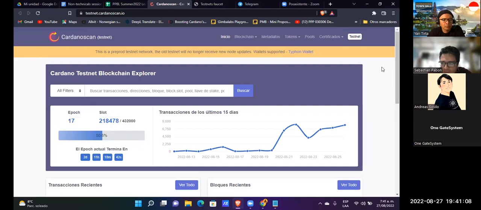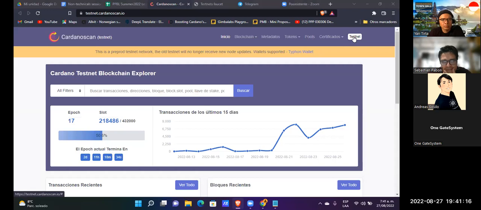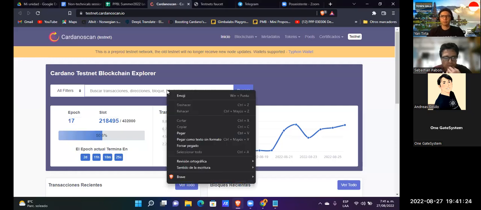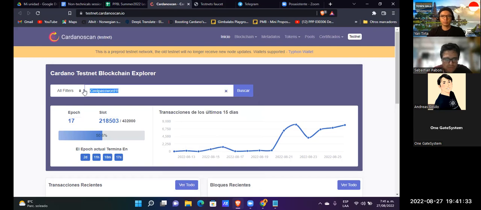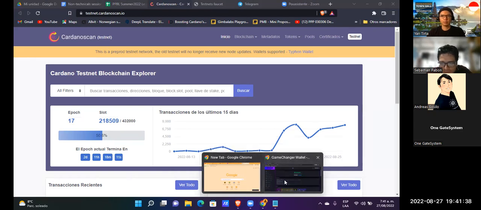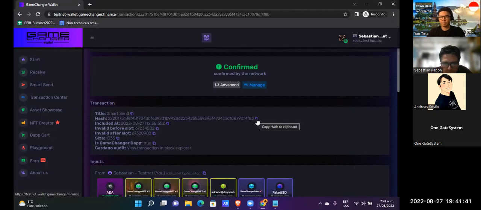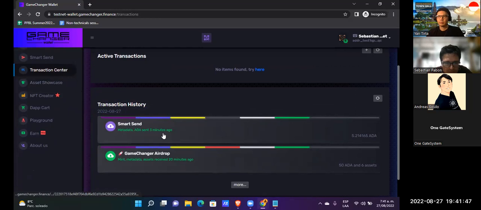Cardano Scan is one of the most utilized by developers. Cardano Scan in testnet. This is a tool that allows us to follow the transaction that we sent to the blockchain. We go to the transaction center, remember, transaction center.